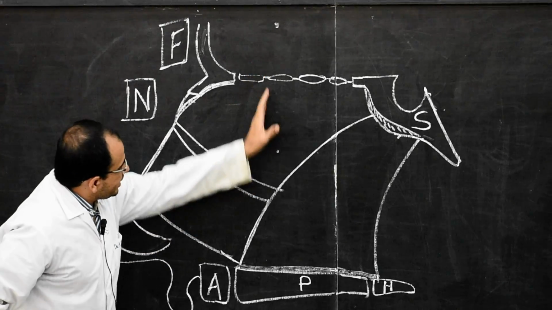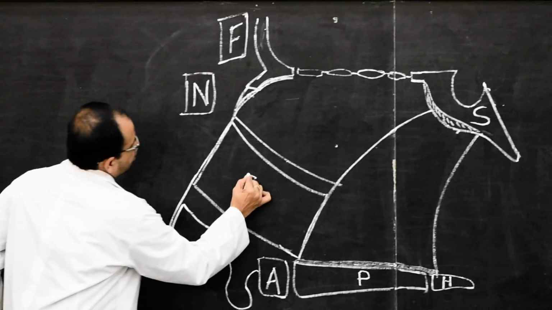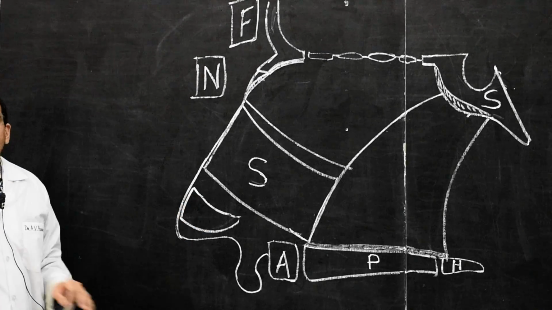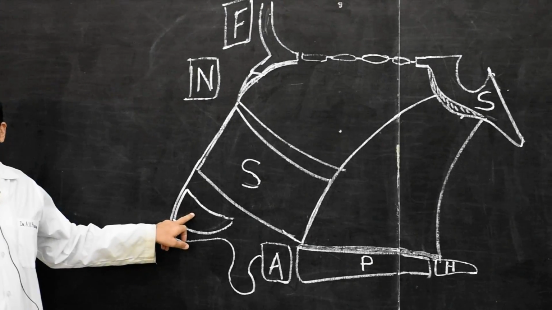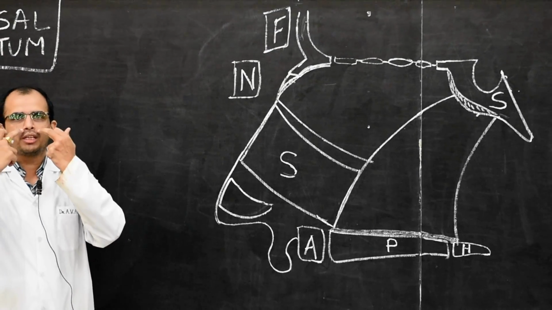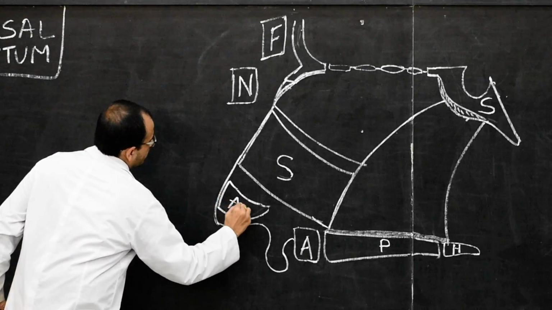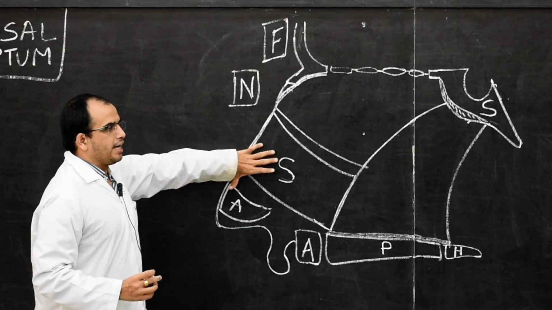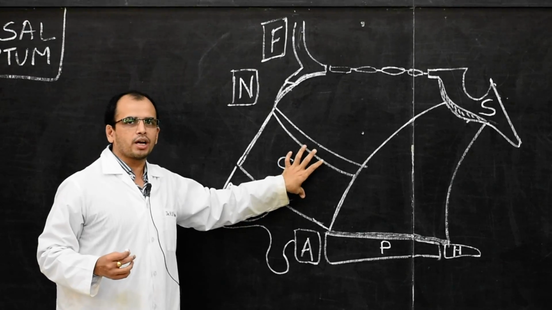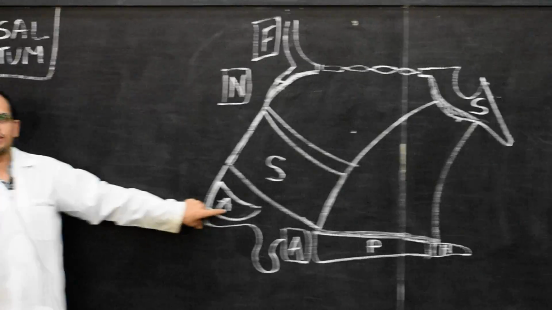Then the anterior part of the nasal septum is formed by two cartilages. The one which is above is called the septal cartilage, and the one which is below, or anteroinferior to the septal cartilage, is the septal process of the alar cartilage. I hope you remember the alar cartilage is present on the lateral nasal wall. So the septal process of the alar cartilage forms the anteroinferior aspect of the nasal septum. So the anterior part of the nasal septum has two cartilages, the septal cartilage proper and the septal process of the alar cartilage.